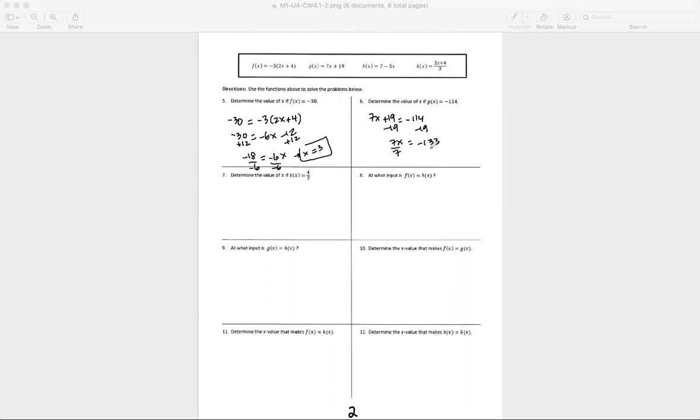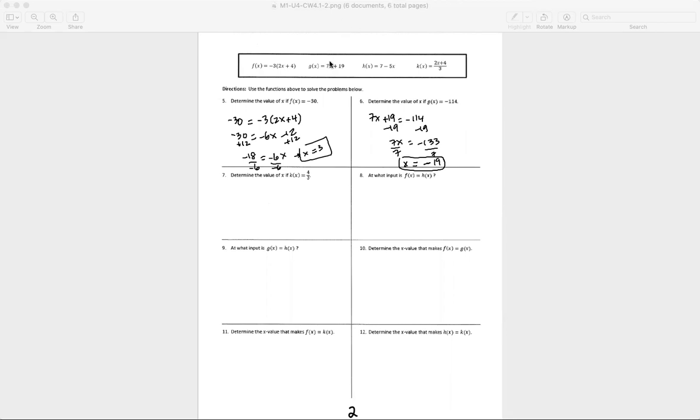And then to get x by itself, or isolate x, you divide by 7. You get x equals negative, or positive, and 13 divided by 7 is 1. 13 minus 7 is 6, and then bring down this 3 is 63, so that would be 9, negative 19. Again, you want to check your work. Plug negative 19 into x for g, and that should check